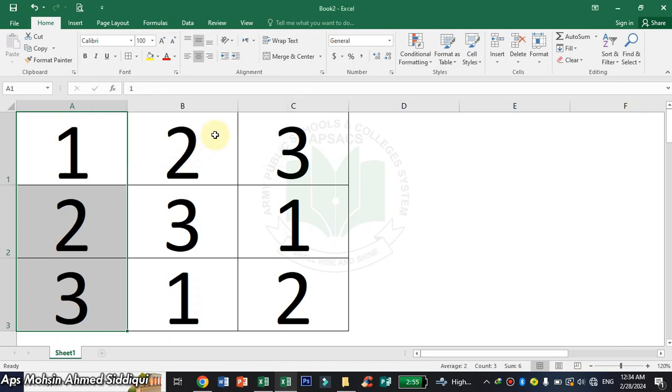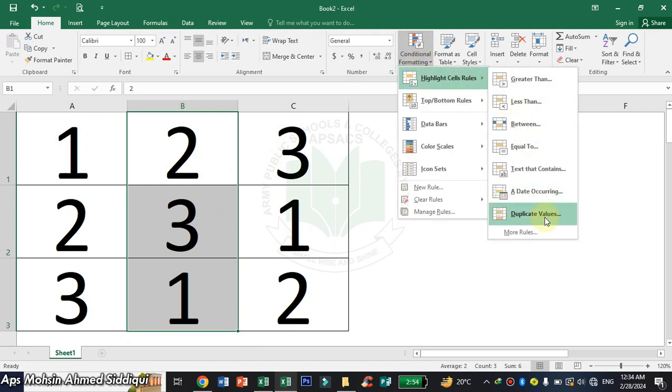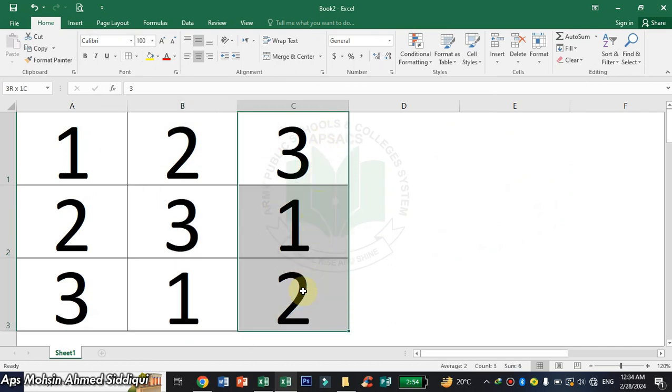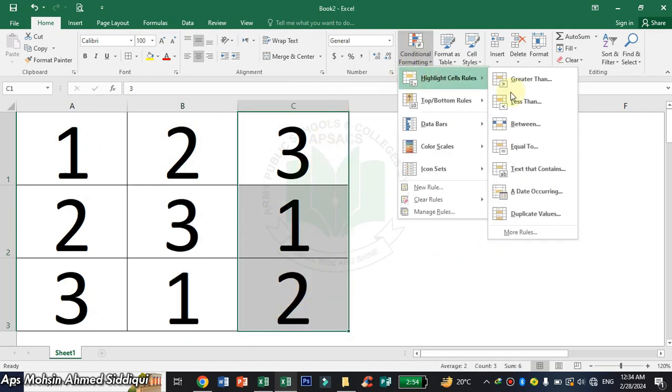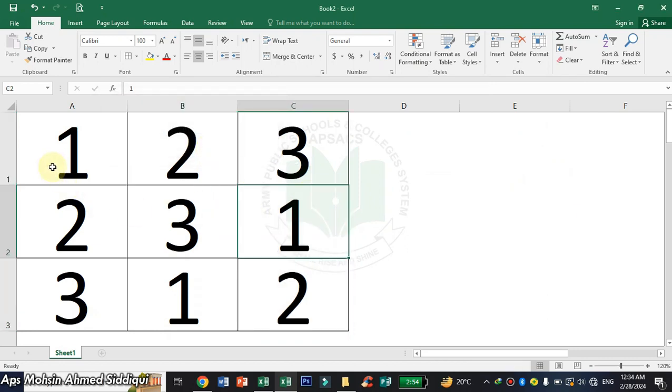The same procedure for the next column. Select only column number 2, go to conditional formatting and click on duplicate values. Now select the third column here, duplicate values and click OK. And then right here,